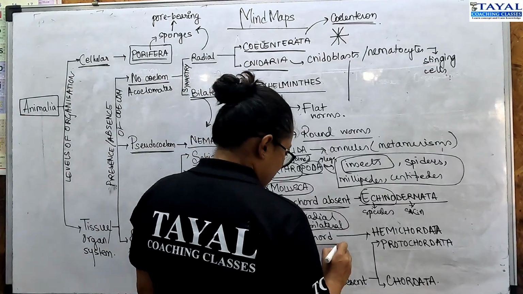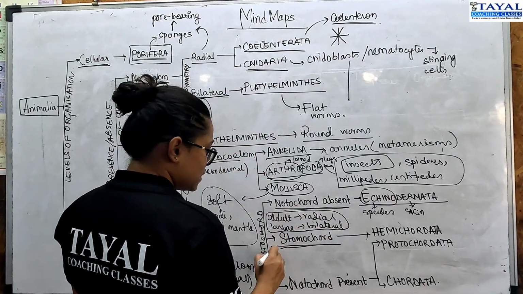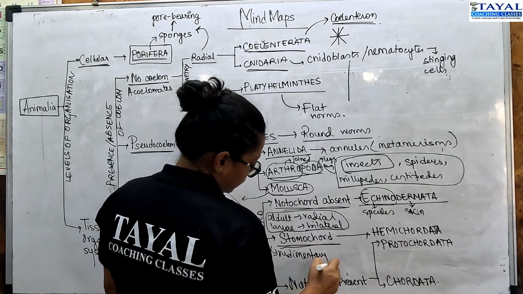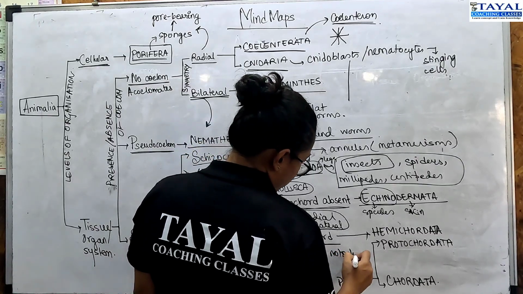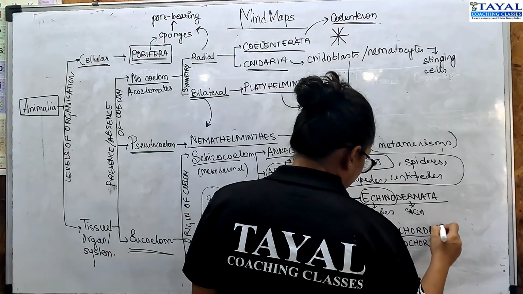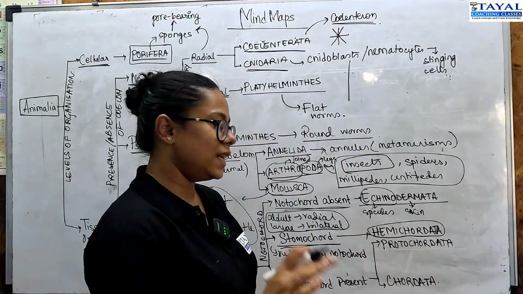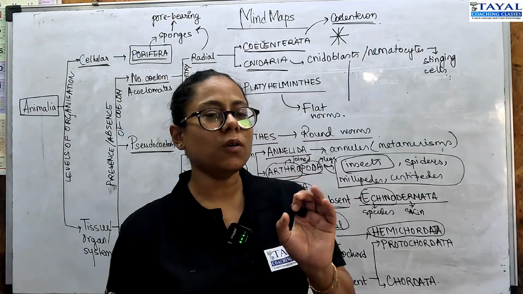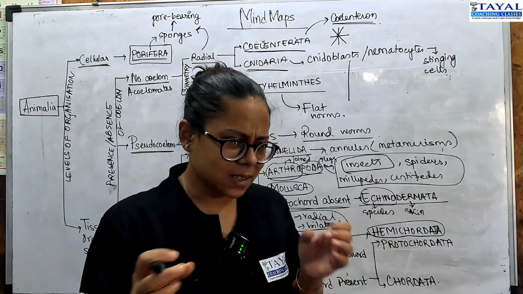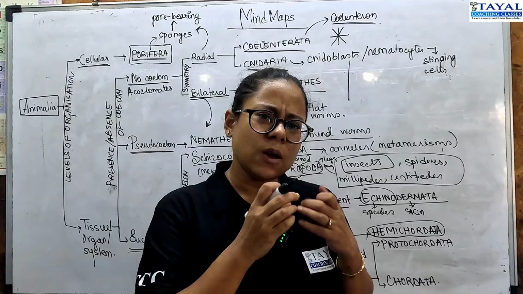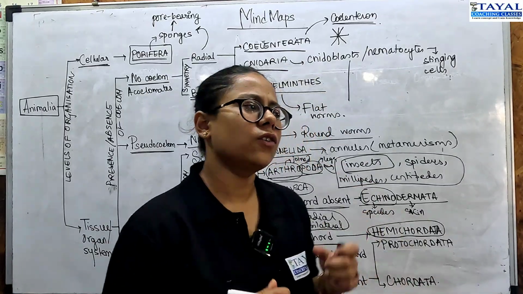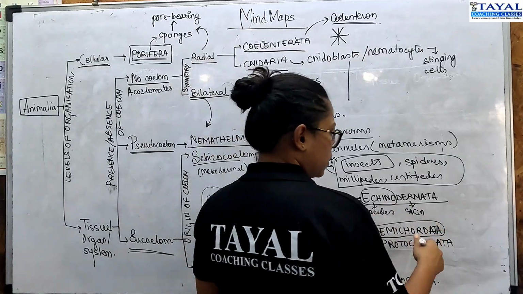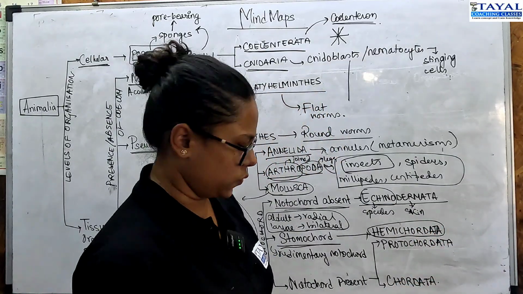Now, those that have stomochord. So what is the stomochord? It is a rudimentary notochord which is found in hemichordata. Interestingly, hemichordata was later placed under chordates, but then it was found that the stomochord is very different from the notochord. It is a collection of epidermal cells which does not provide the support that a notochord does, and it's only found in the proboscis area, and therefore hemichordata was separated. So that's balanoglossus for you.